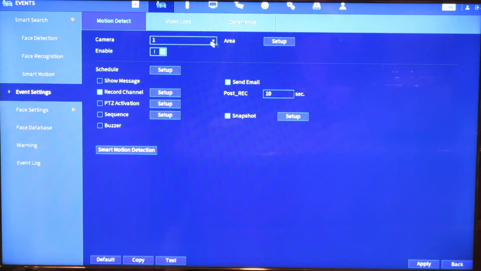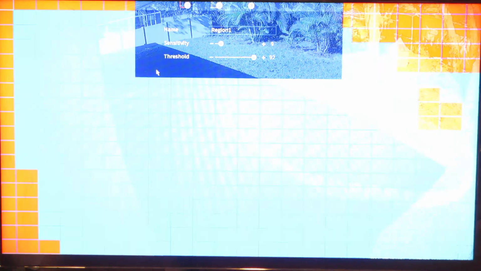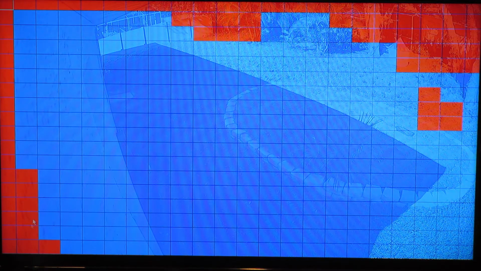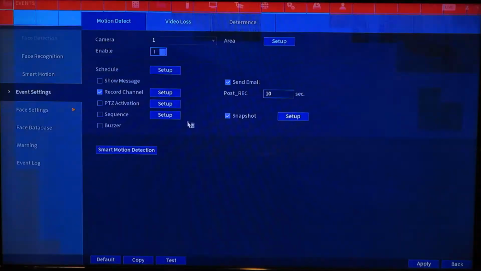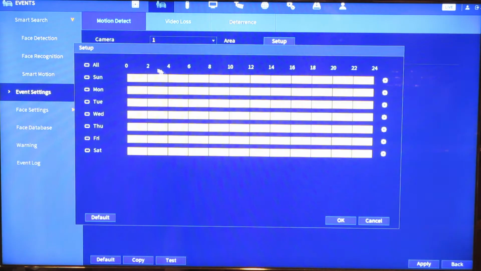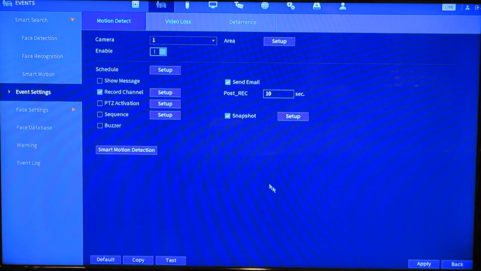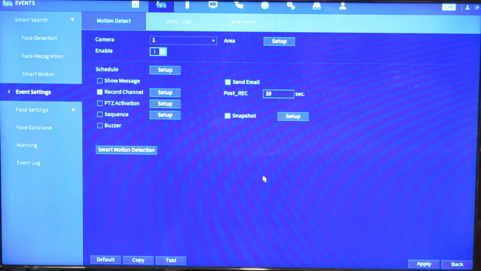If you select the camera, you enable it, and you could go into setup, and you can actually block out certain areas that the motion detection won't find, so that if you have a squirrel in a certain area every day, you can block that out and he won't trigger the events to be recorded. Schedule, I have it 24/7. As you can see, you can take parts out and then save it, and then it won't record on those hours or days or whatever, but I have 24/7.